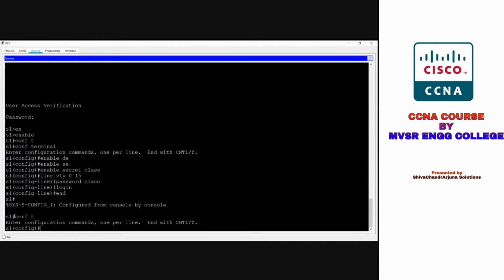I can enter the short form, configure terminal or config t. So I want to encrypt the password here. You know Cisco, and I'm using class. The startup config and running config files display most passwords in plain text.